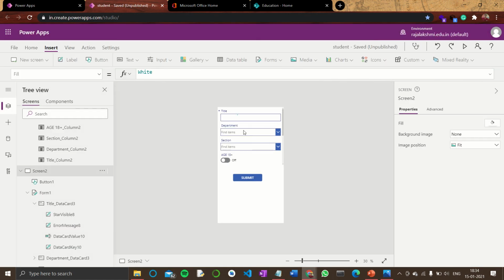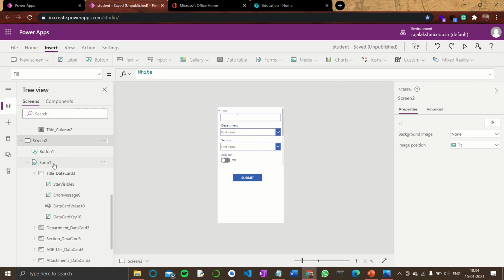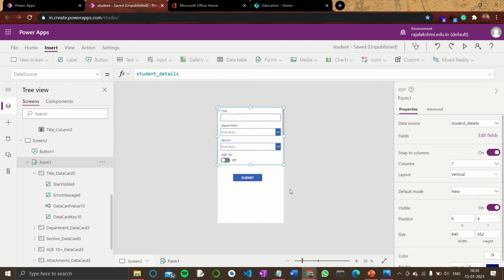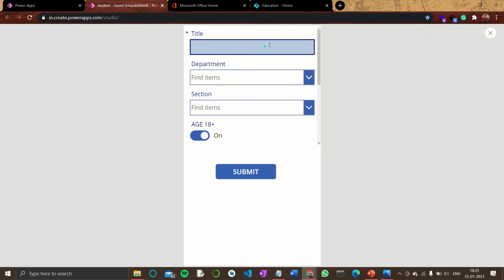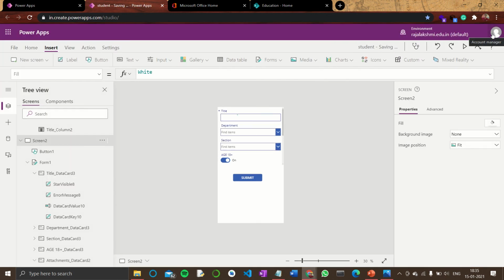Just wait. Here this would be an edit form. Default is new. This is in submit, right? Now run your application. You give your name, any name you need to give. Select the department, section, and submit. Now you see the next form is coming. I mean, the new form you have got. So you can give another name also. Sam Mac C, submit. You will get another form. Like this you can give multiple entries.